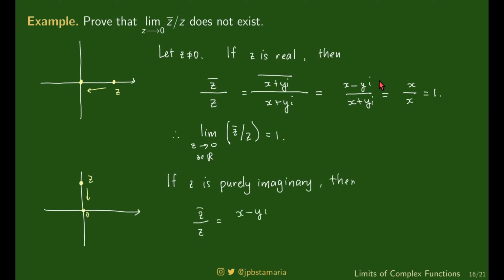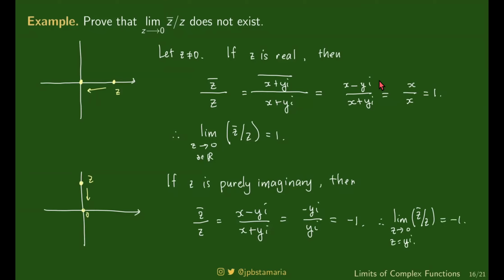Similarly, ito ay x minus yi over x plus yi pa rin. Kaya lang, because z is purely imaginary, ang 0 dito ay yung x. Ang mayroon na lang ay minus yi divided by yi. And this time, as you can see, because y is not 0 as well, this is just negative 1. So it's constantly negative 1 kapag ikaw ay nasa imaginary axis. Therefore, yung limit ng z bar over z as z approaches 0 coming from, let's say, yi siya, okay, is